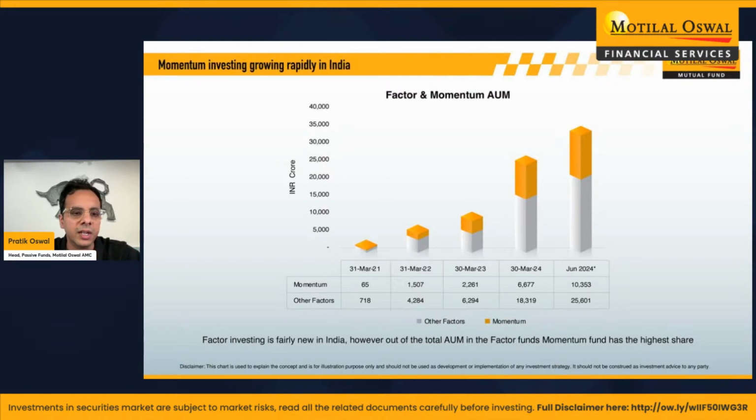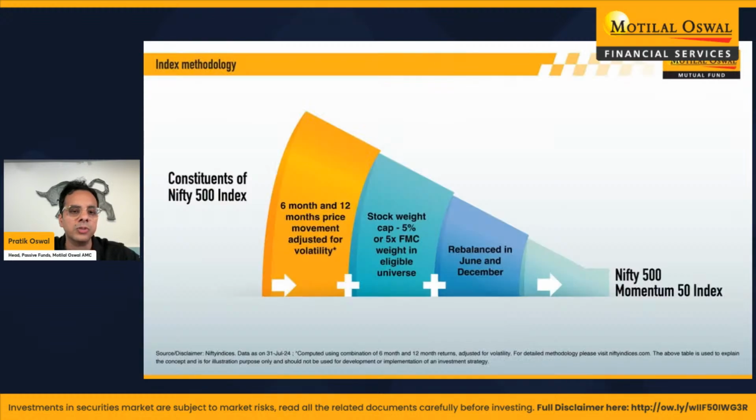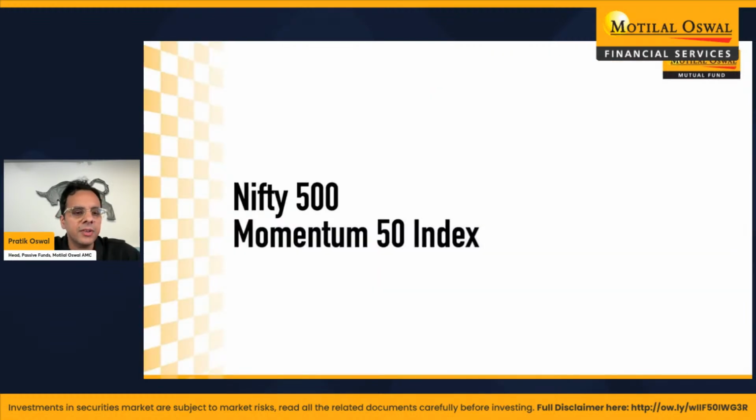So we believe that it can also grow in India. As you can see, just 3 years back, Motilal Oswal was the first to launch factor funds, back in 2021. And back then, this category was just under 1,000 crores. Today, this category has risen to about 35,000 crores. So 35x in the last 3 years, and we can expect this to easily go up another 4 or 5 times in the next 1 or 2 years. So a lot of interest is coming in factor investing, factor funds, and momentum is the one fund that has gotten the most traction. So that's factor investing and factor funds.